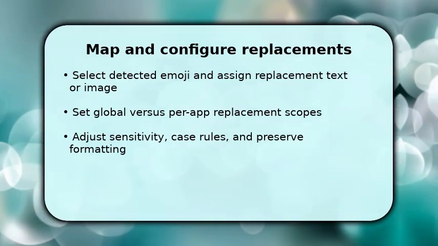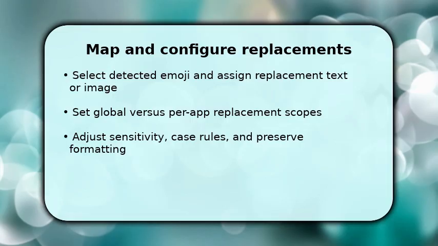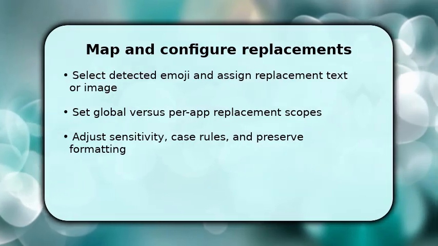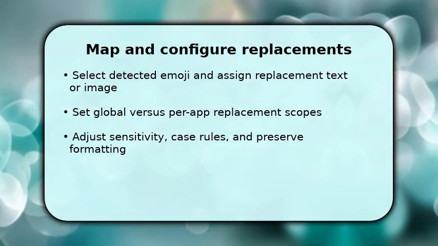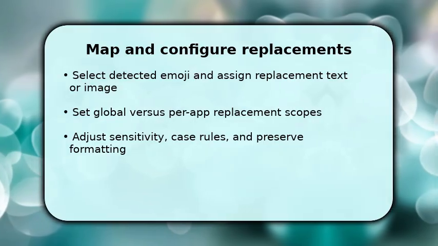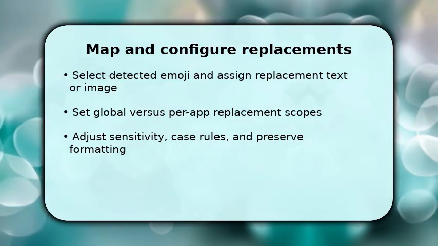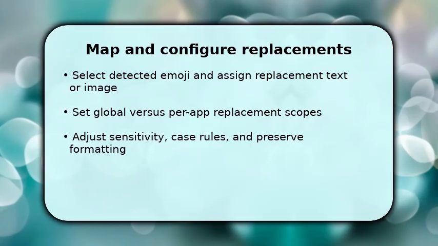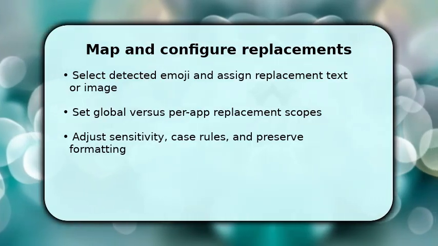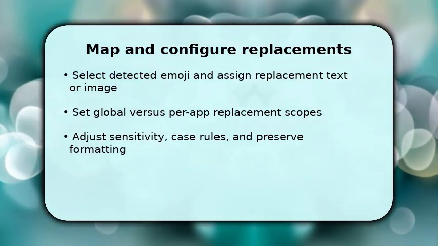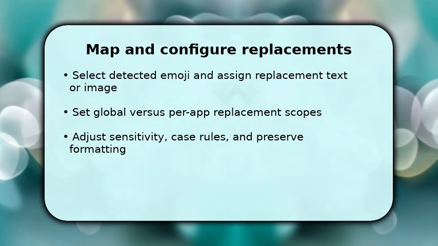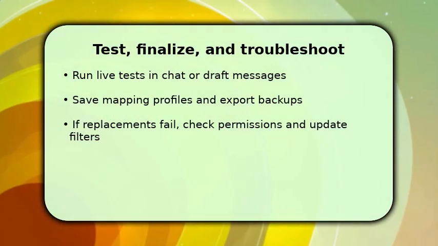Once done, choose whether mappings apply globally or only within specific apps. This controls scope and prevents accidental swaps. Make sure to set sensitivity and casing rules so OnlyWay doesn't change similar characters you want to keep. You can also preserve surrounding formatting and spacing to keep messages readable, and you finish by testing replacements in real